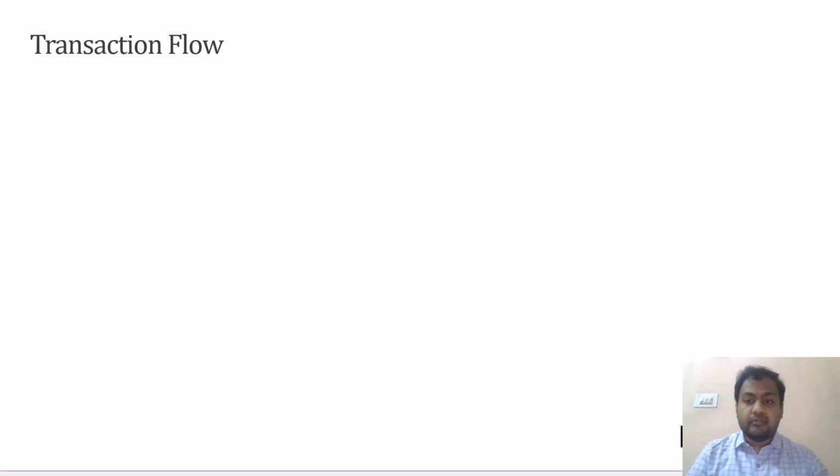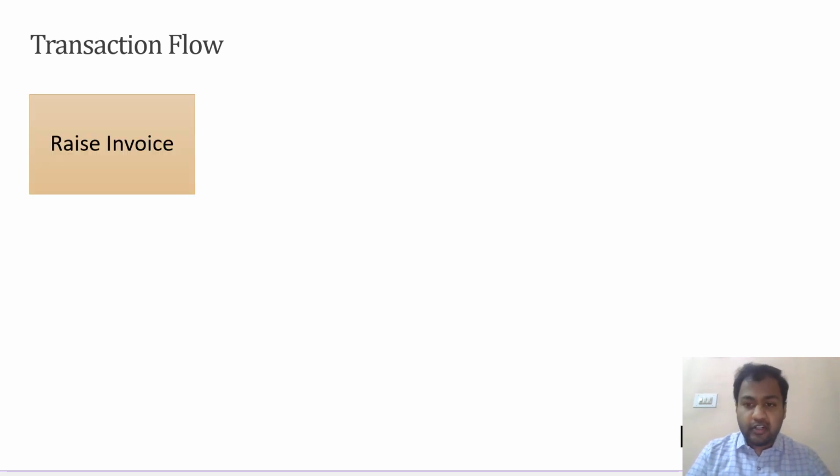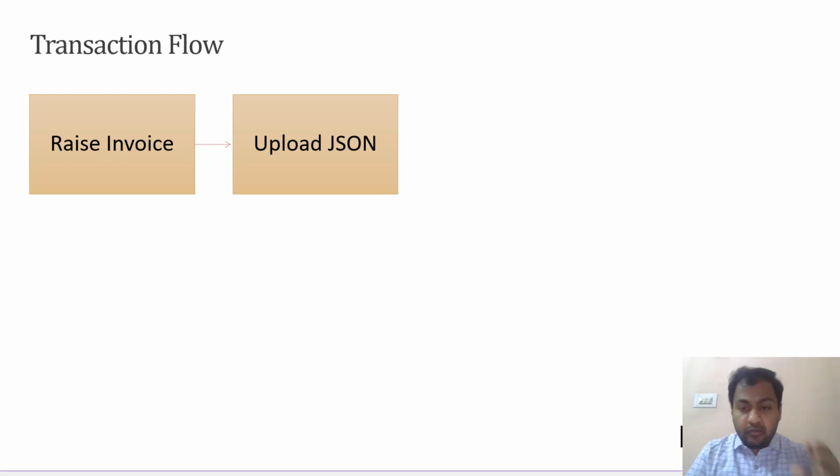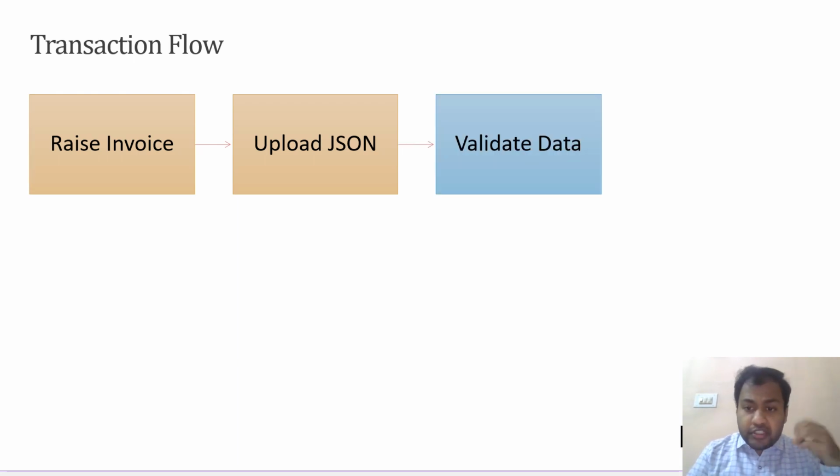Then how will the entire e-invoicing process work? You raise your invoice the way you have been regularly raising it. Now this invoice has to be converted to JSON, like today we are filing returns in the JSON format. You will have to convert this invoice into a JSON format. How to do that? We'll discuss that. Then push it to the IRP, the invoice reference portal. What is that portal? We'll discuss that in some time.